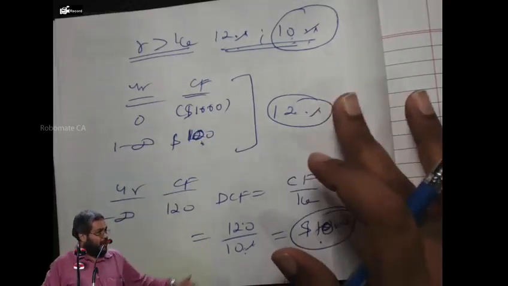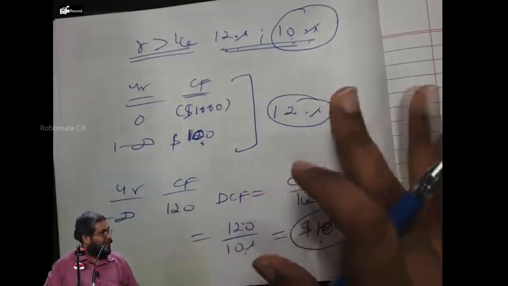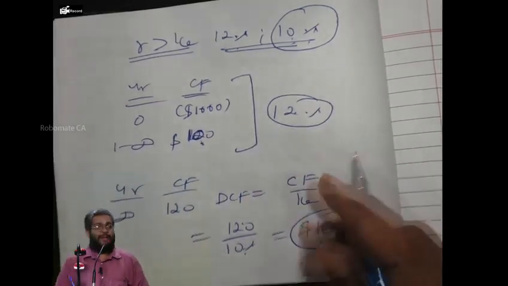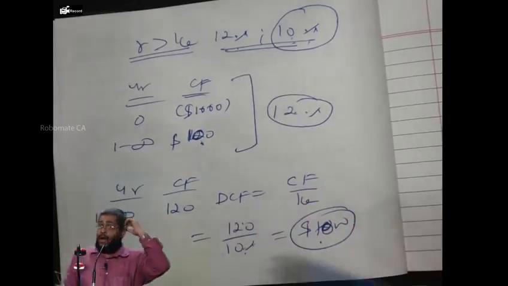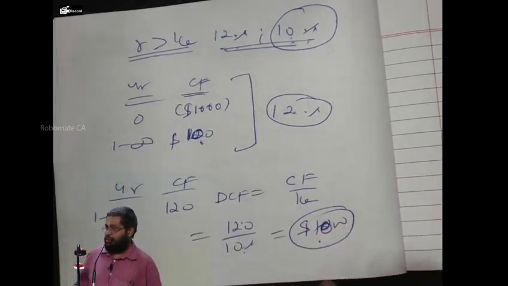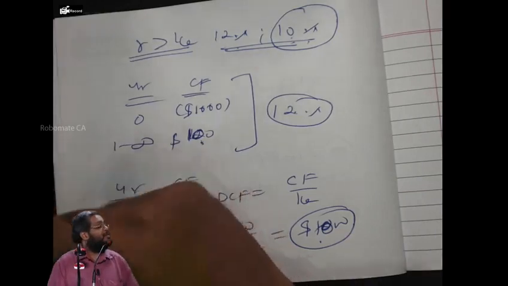Yes or no? If there are a lot of projects in the pipeline with positive NPVs, I'll go for the company. If the company does not have any good investment opportunity, I'll surely reduce the share price. Yes or no? Now, I'll ask you one question. There is no investment opportunity and $1,000 cash is not declared as dividend. Then what happens?